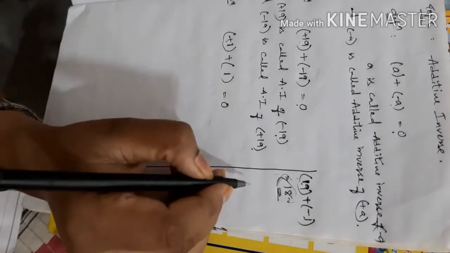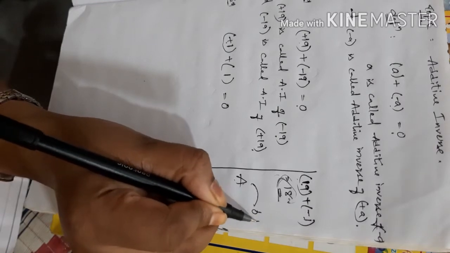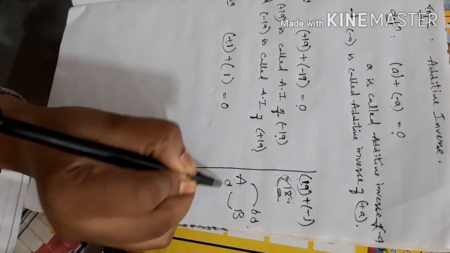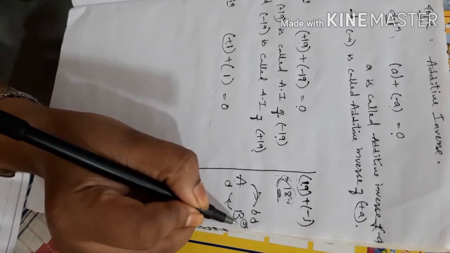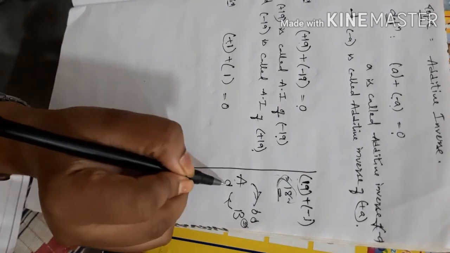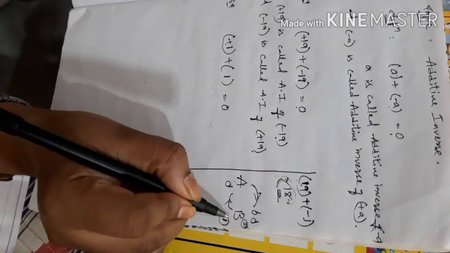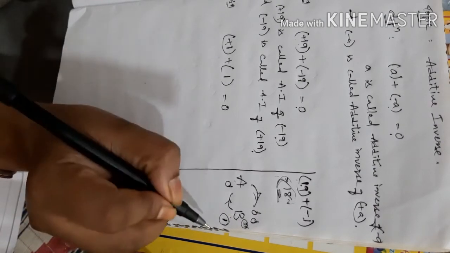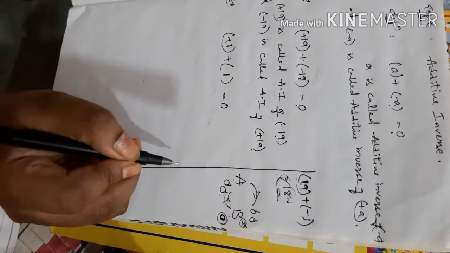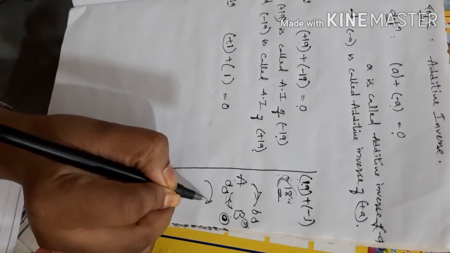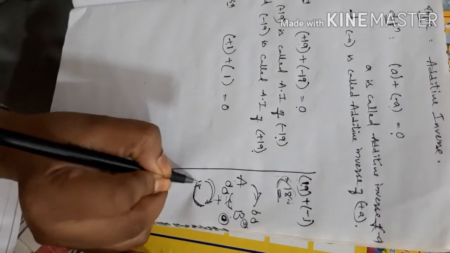For example, A is there, B is there, so A has given 2 apples. Okay, 2 apples, and he took 1 apple back. He gave how many? 2 apples. So right now how many apples does B have? 2 apples. Now he took 1 apple back. So how many apples does B have? 1 only. So if I want to make B's hands empty, means 0 apples, what should I do? I should return both apples to A. So whatever you are giving, the same thing you need to return. Giving is nothing but positive, taking back is nothing but negative.